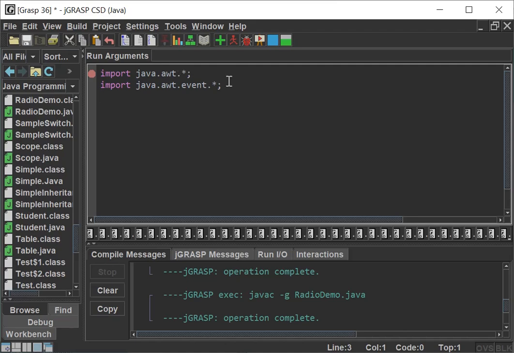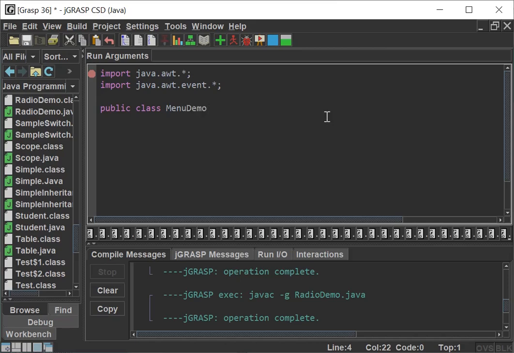After that, I can do my work. For doing my work, I have to create my own class. For that, I have created a public class. I'm going to give the name MenuDemo. It's my class name.